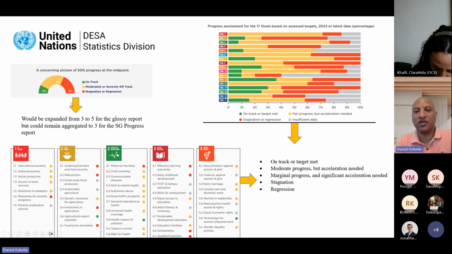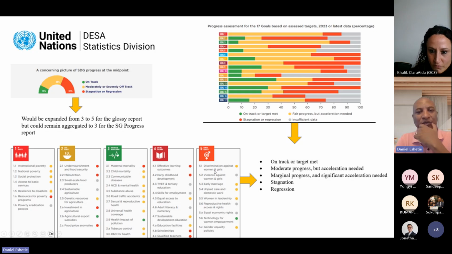So these 3 breakdown to 5. The same thing could happen to this chart here, which also goes on to these 5 categories. So we will still have the gray, which will make it 6 colors. So the look you see for each target, for each goal, we will be doing the same traffic light colors, but a bit expanded, so it will not be a traffic light anymore. It's more to be 5. So this is where we are going.